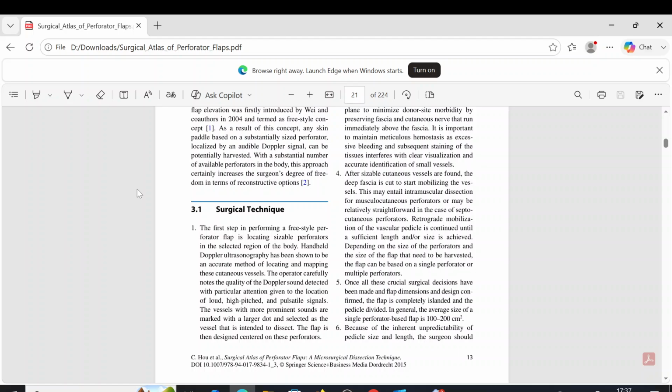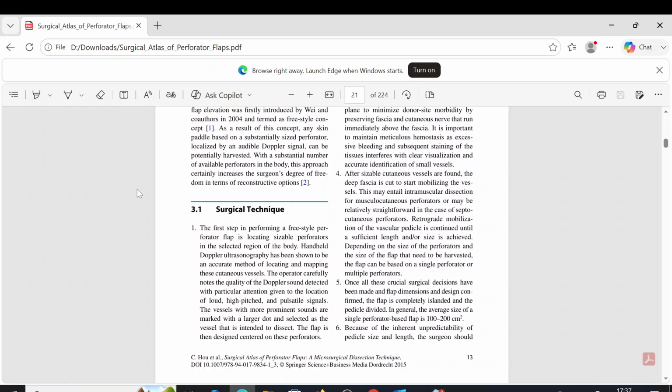The flap can be based on a single perforator or multiple perforators. Once all these crucial surgical decisions have been made and flap dimensions and design confirmed, the flap is completely islanded and the pedicle divided. In general, the average size of the single perforator-based flap is 100 to 200 cm².